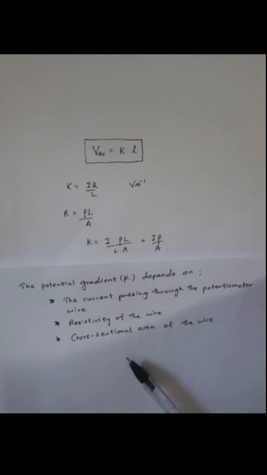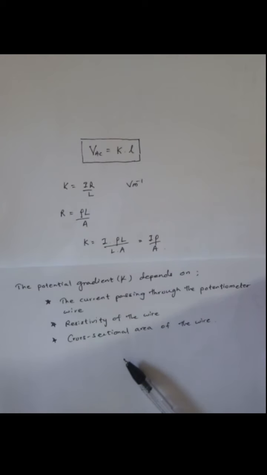Next thing, when working with small current values, it takes longer to attain the steady state, since we know that when current is passing through a resistor, it generates heat. Due to that heat, the temperature of the wire increases. So if the temperature increases, resistivity also increases. But at the steady state, the heat produced by the wire equals the heat lost to the environment, so the temperature would be constant. So you have to wait until it reaches the steady state before taking the reading.